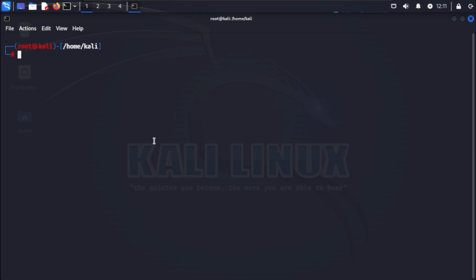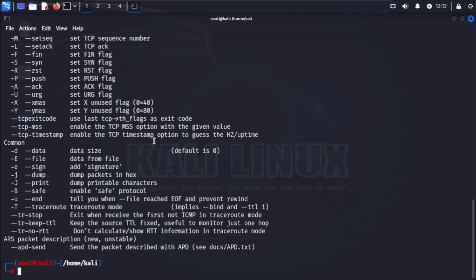Our first command is -h. This is the help menu for Hping3, providing information about the available options and their descriptions. Open the terminal, type hping3, place the -h command here, and hit enter. This command will show you a list of Hping3 commands and their descriptions, which can be extremely helpful as you explore its